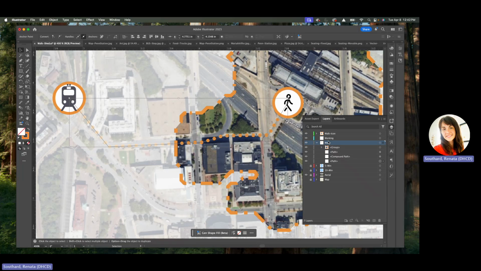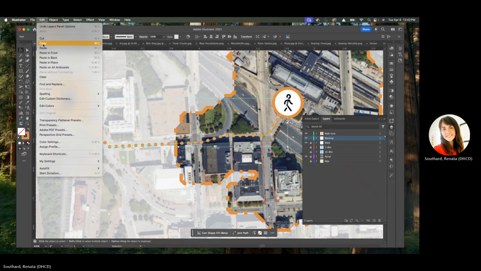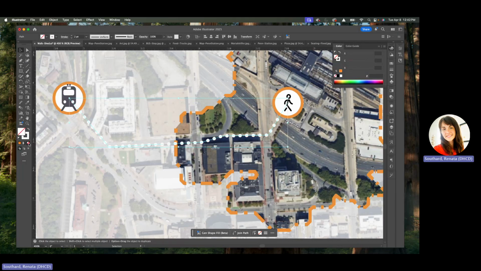All right. And then this mask layer, I'm just gonna lock that. So this looks a little goofy. What I'm gonna do is I'm going to copy it. So edit, copy. I'm gonna change this and I'm gonna make this just a little bit bigger. And then edit, paste in place. And now I've got